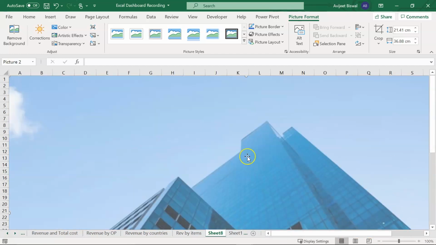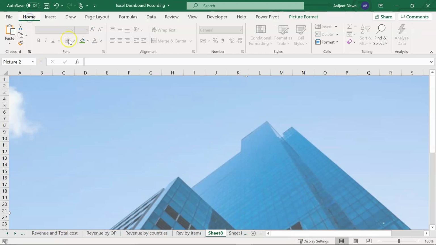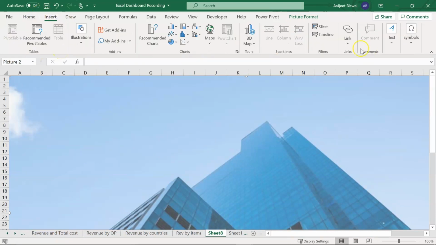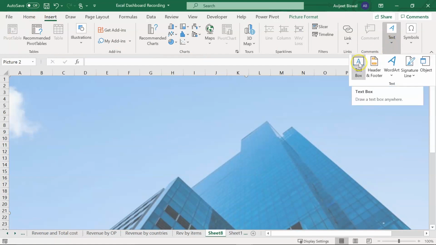Now the next thing is going to be the title of the dashboard. So I'll click on insert and here I have the option to select a text box.